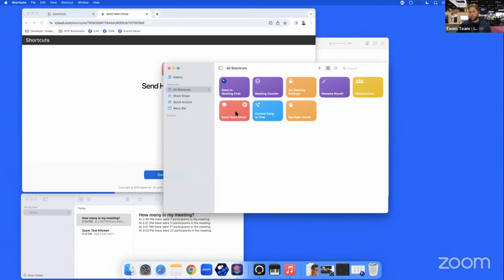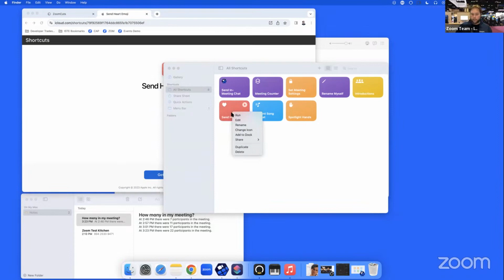All I have to do if I want this in my top menu bar is drag it over to menu. And now you see I have this shortcuts item in my top bar here on my Mac, and I can click it there. And then once I've allowed this once, it sets the heart emoji in my chat or in my participant tile. So we can have a quick, easy way from the menu bar to be able to trigger that and run that from the top.